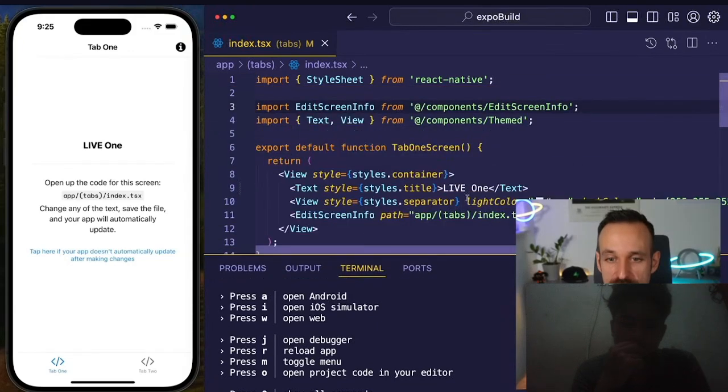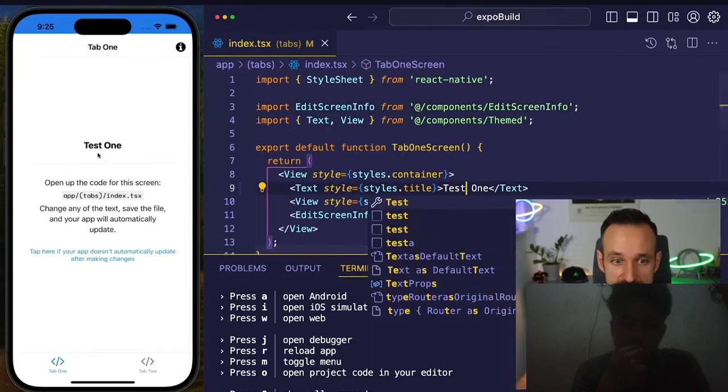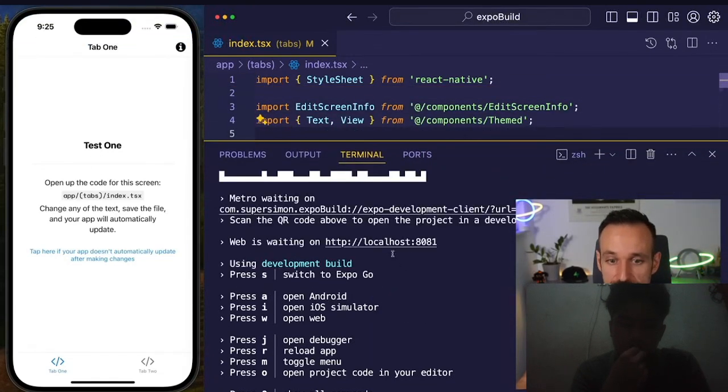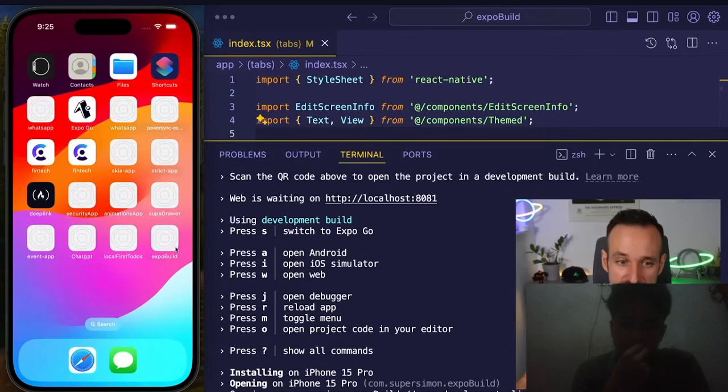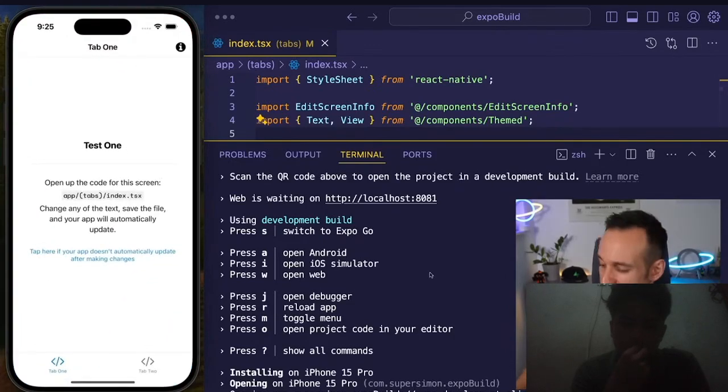Once again, we should have live reload, so I can change something and it quickly changes in here as well. What has changed? Now, this is our own application. You see, I launched this and I did not launch the Expo Go application. That means on my device, I also now lost the connection. If I wanted to also deploy this to a device,